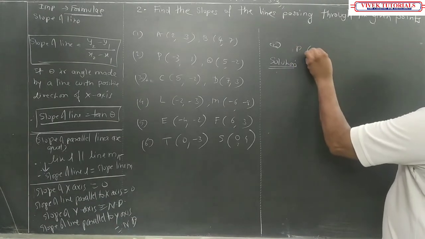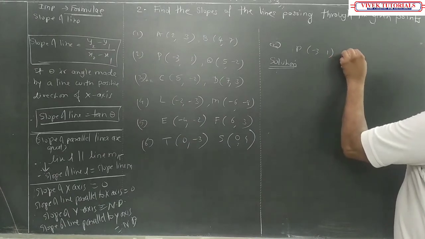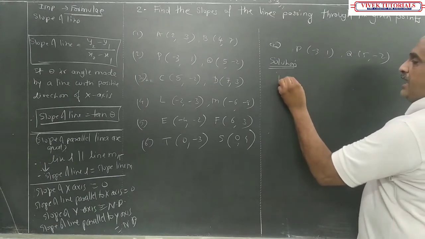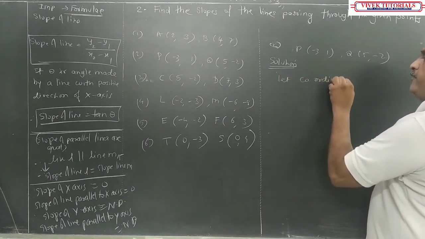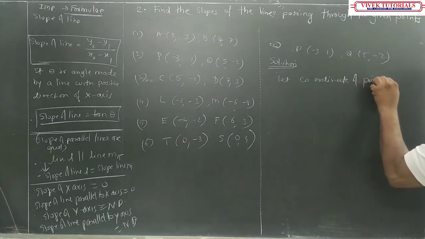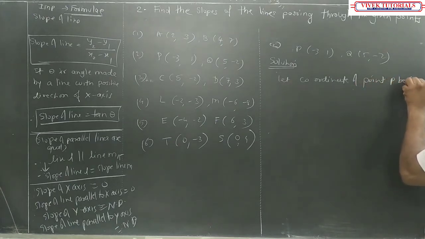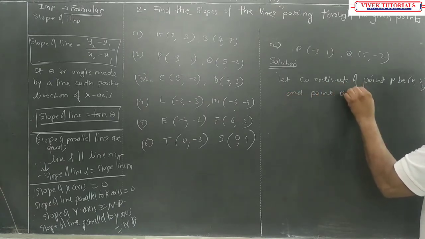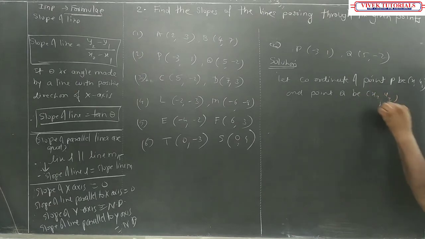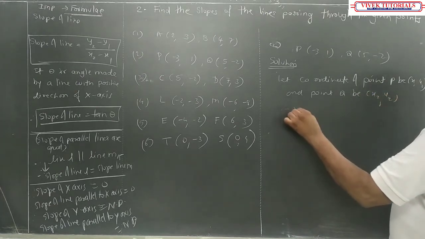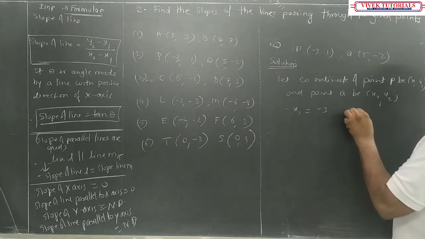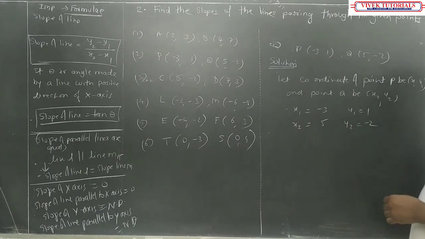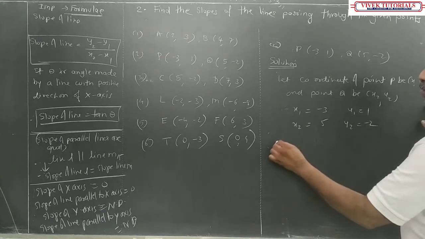Question: P is (-3, 1), Q is (5, -2). Solution: Let the coordinates of point P be (x1, y1) and point Q be (x2, y2). Therefore, x1 is equal to -3, y1 is equal to 1, x2 is equal to 5, y2 is equal to -2, and the slope of